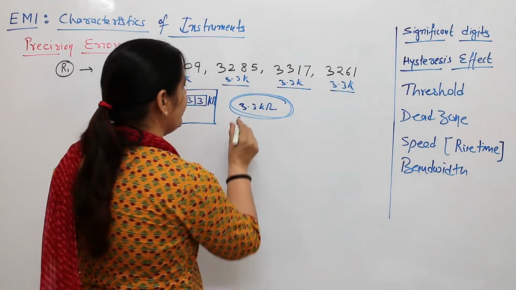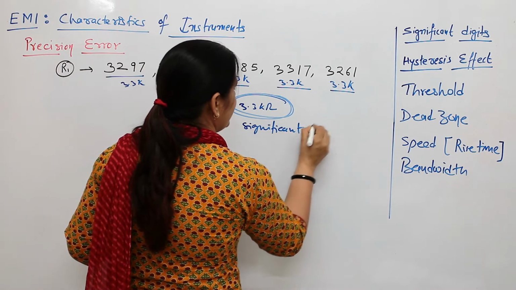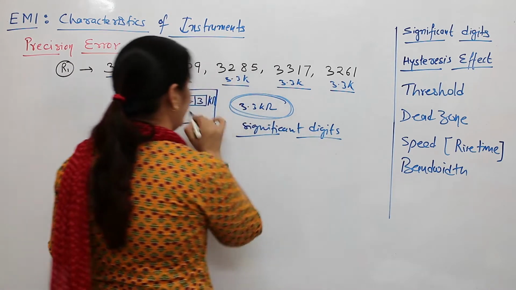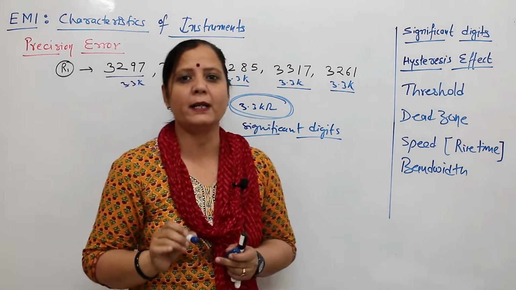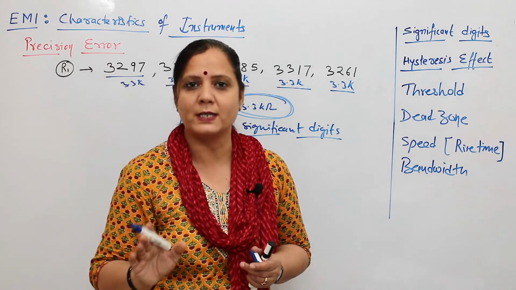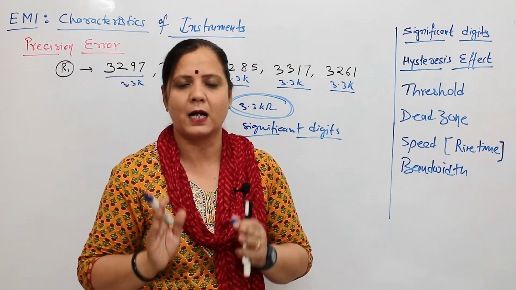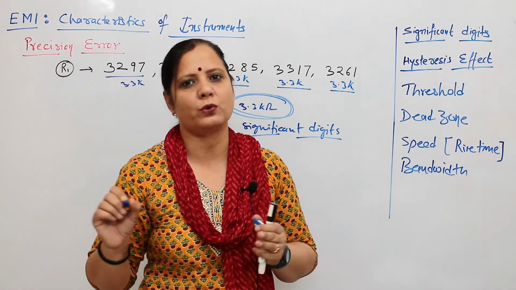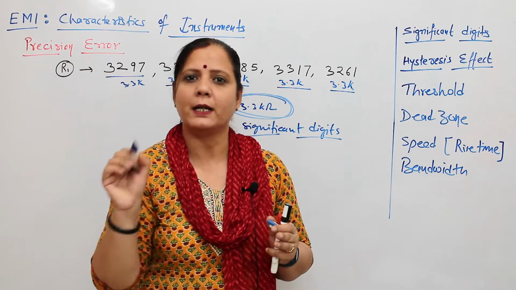We don't have sufficient significant digits. So we are getting the same reading that is not accurate. So there is a statement: high precision does not guarantee accuracy. This kind of statement is frequently asked in exams to create confusion among the students. So please note down this statement in your notebook in the header space.